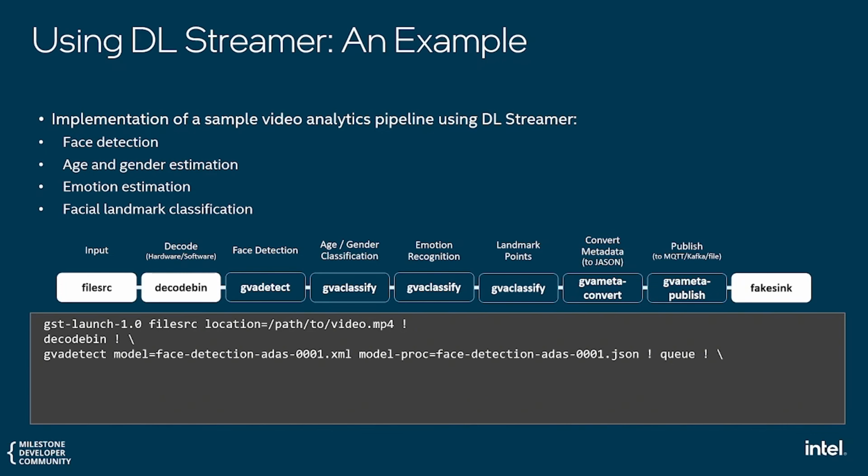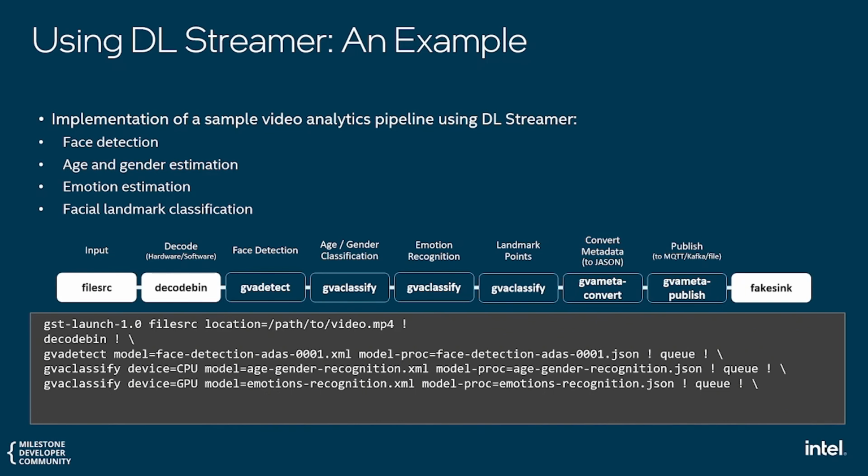At the end of the pipeline, there is a queue element, which is a core component of the GStreamer framework. It creates a new thread on the source path, decoupling the sink and the source path, allowing for asynchronous work of our analytics pipeline. Next, we want to perform age and gender recognition, emotion classification, and face landmarks regression using